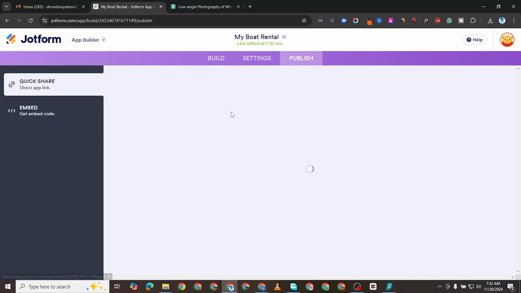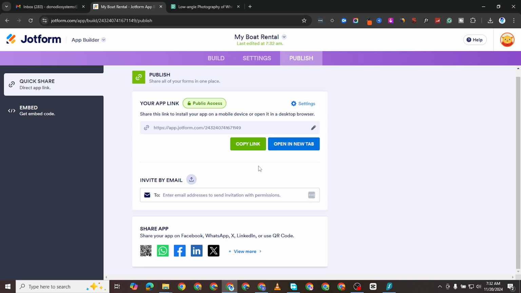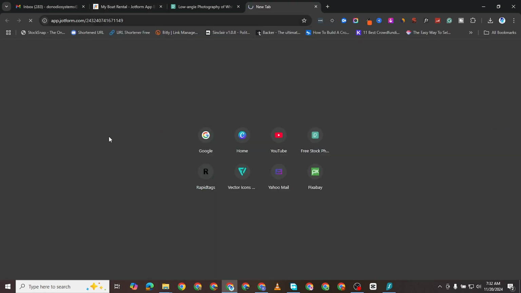Now what I want to do is publish this. I'm going to publish this and open it in a new tab. Now, I'm granting public access to this app so that everyone that has this link can download this app. And I'm going to show you how it works on my computer. So I'm going to copy link. Now if I open this link in a new tab,